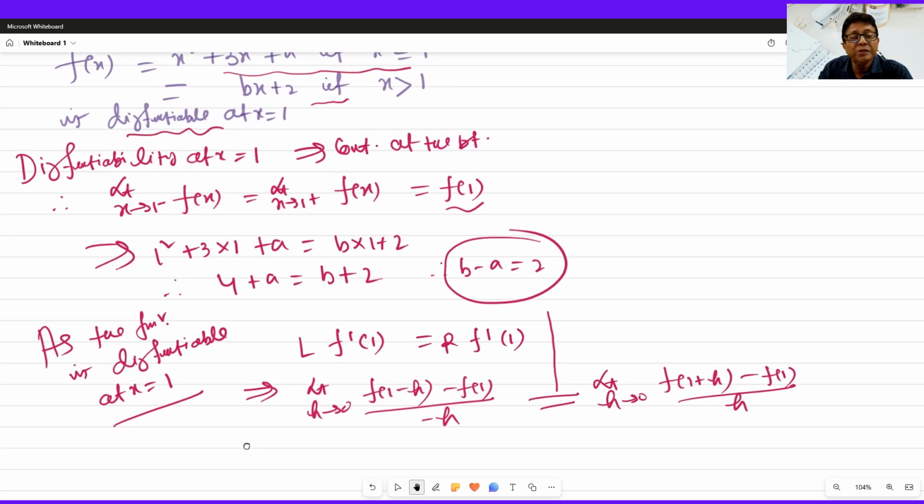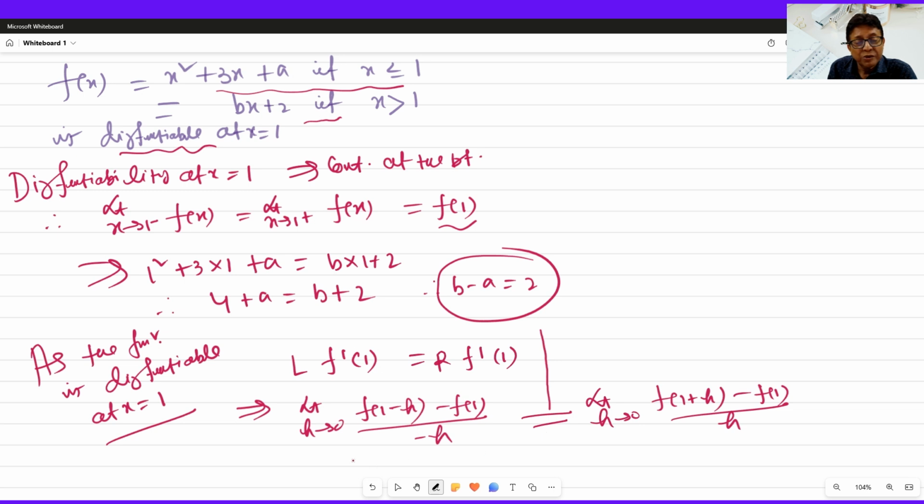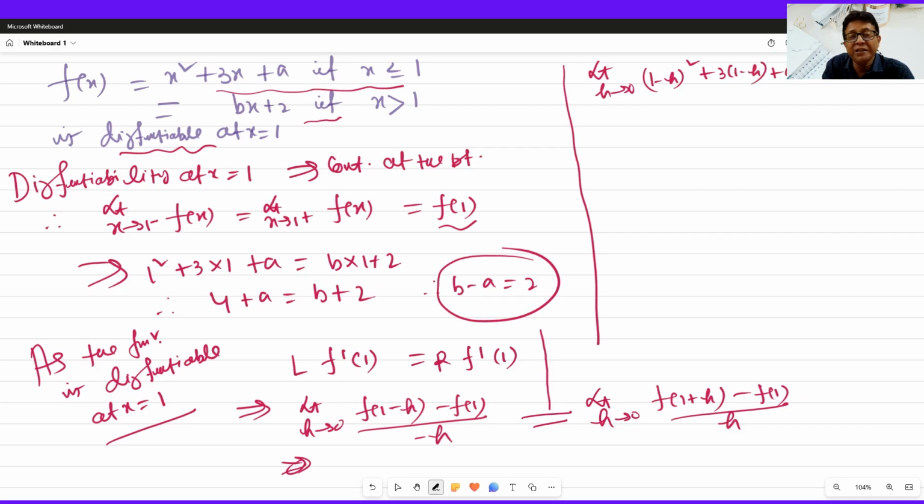So you just put the value of f(1) minus h over there. So this implies, let me finish it here: limit of f of 1 minus h will be using this part. So (1 minus h) whole squared, minus 3 (1 minus h) plus a, minus f(1). For f(1) also we use the same part. That divided by minus h